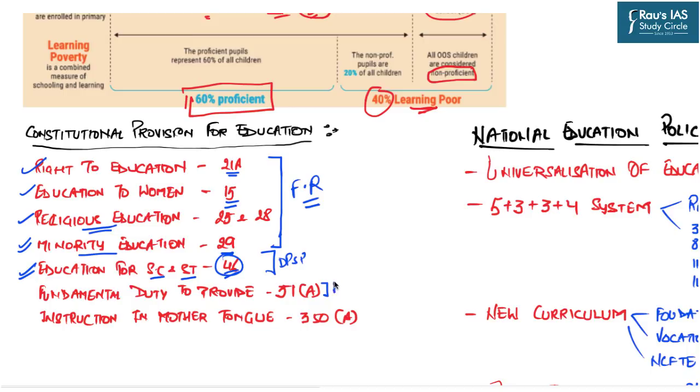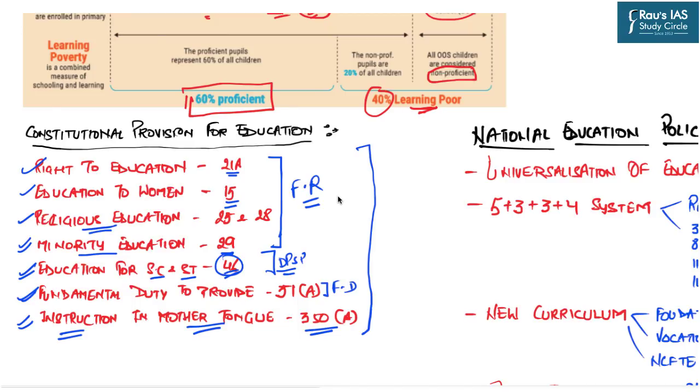Next comes the fundamental duty part, and Article 51A lays down the fundamental duty on parents to ensure that their children are provided with due education. There are certain other directives which are outside the scope of DPSPs. For example, Article 350A, which again lays down the responsibility on the government to provide instruction in the mother tongue to the children at primary level. So that means that our Constitution in many areas has provided adequate provisions in order to boost the educational levels